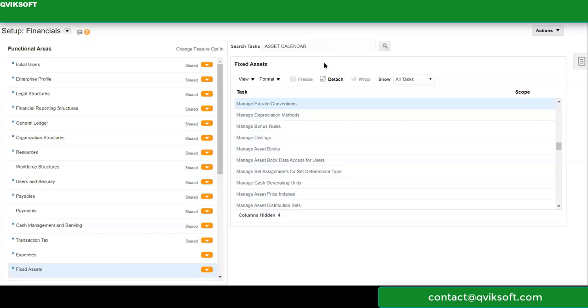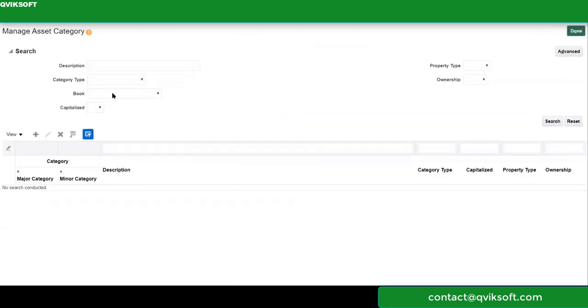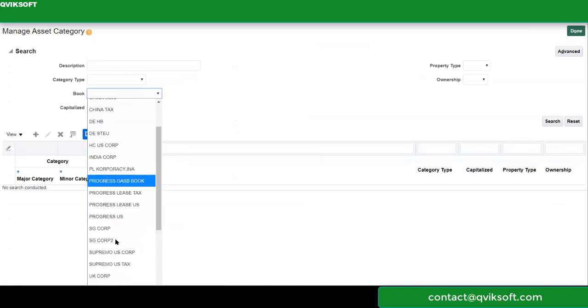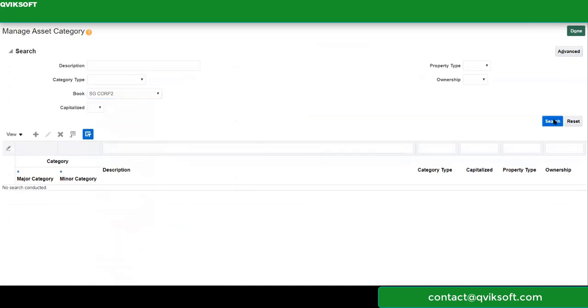but we have seen some errors in that upload program. So let's see where that error is affecting, because that was saying about retirement conventions and uploaded conventions not correct. Let's look at asset categories, whether categories have been assigned to our book or not. Yeah, I go to asset categories and search for our book, SGCOP2, search. No category assignment, because category assignment had an exception, so we have to fix it.